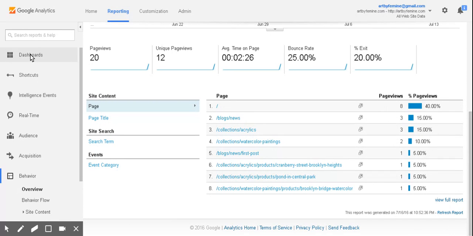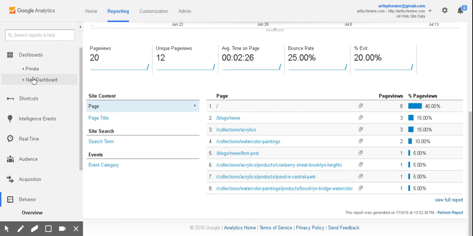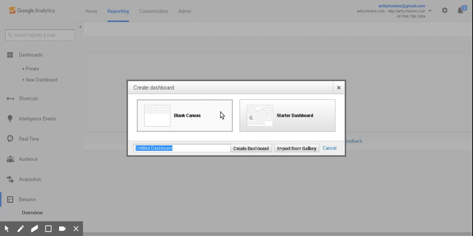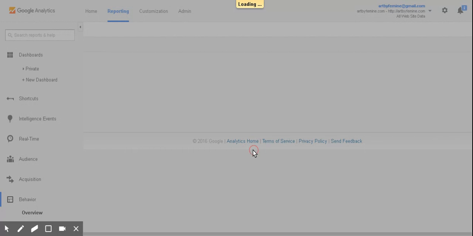Up here at the top in dashboards, you can actually create your own view of what you'd like to see. So you would go to dashboards and then add new dashboard, and you'll see you've got these options. Let's do Lucille's dashboard. I'm just going to do a starter dashboard, and it's going to give me a bunch of fun little things here instead of a blank one. So if I click on starter dashboard and then create dashboard,